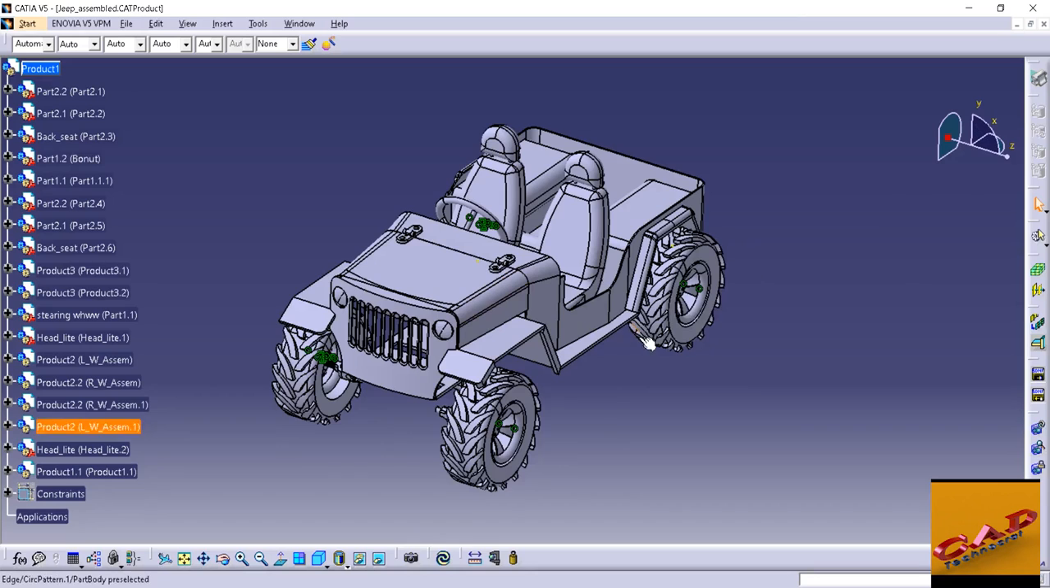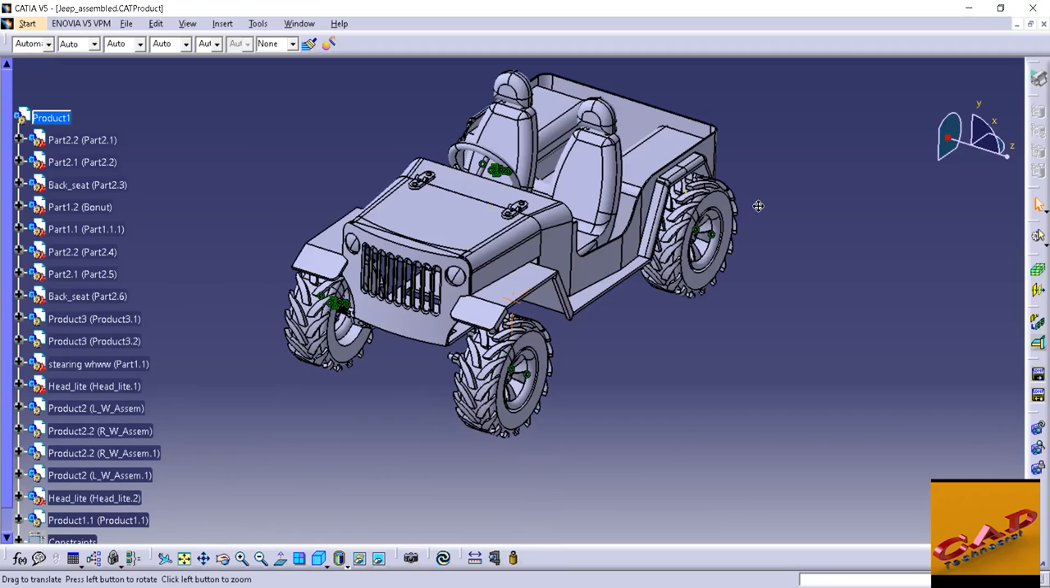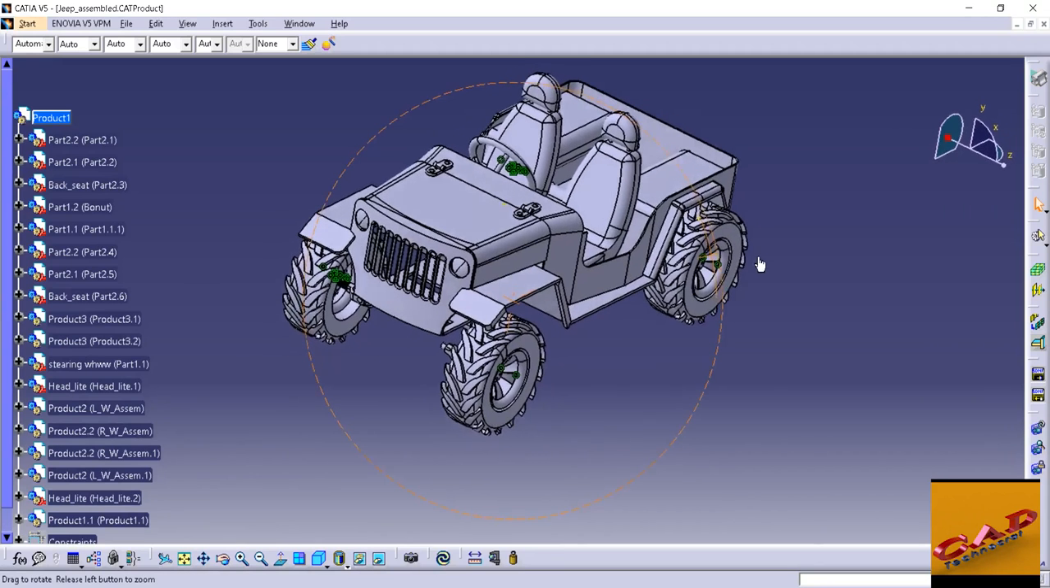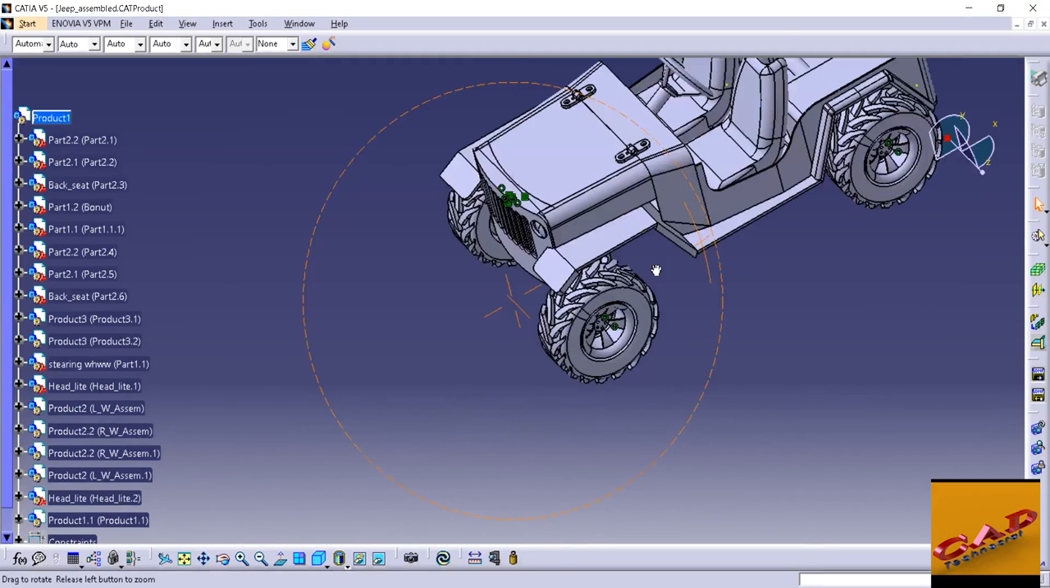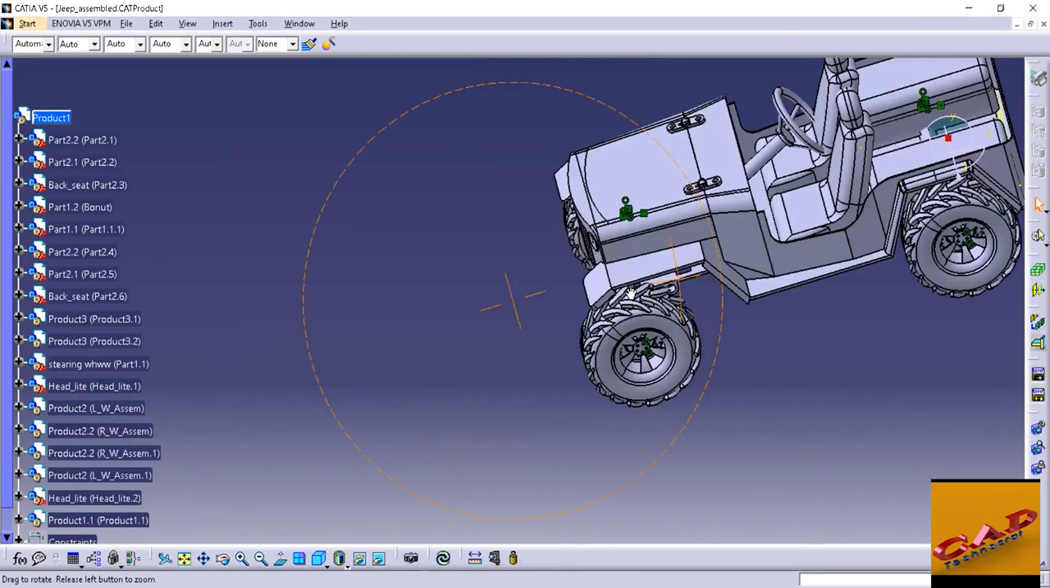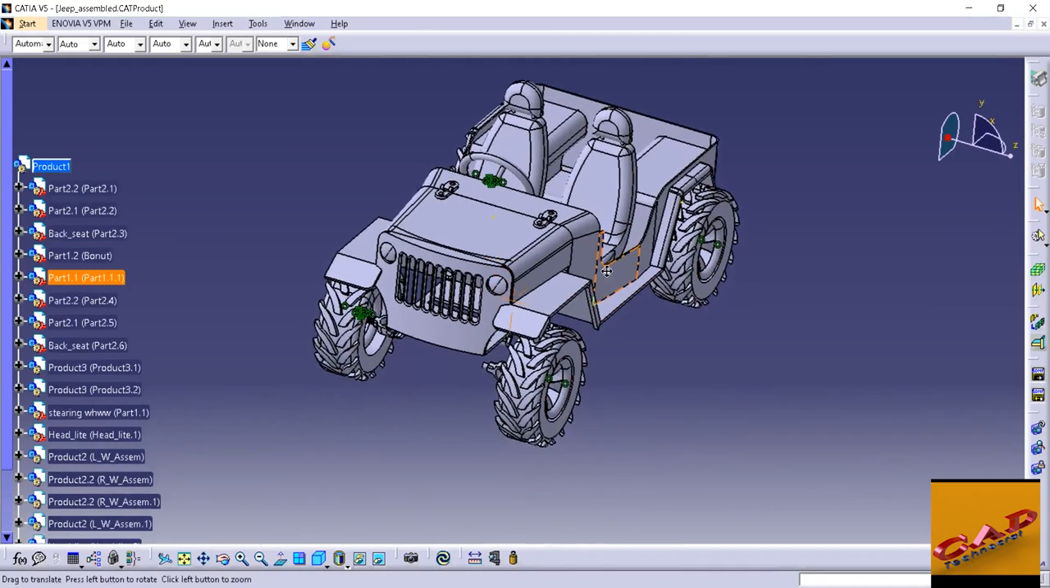First, if you want to rotate your object, you will have to press the scroll button of your mouse. So just press the scroll button or roller, and then press the right button of your mouse. Okay, so I press scroll and right button of mouse, and when you move your mouse, the object will rotate. Okay, and if you want to zoom in or zoom out, just click on the scroll button